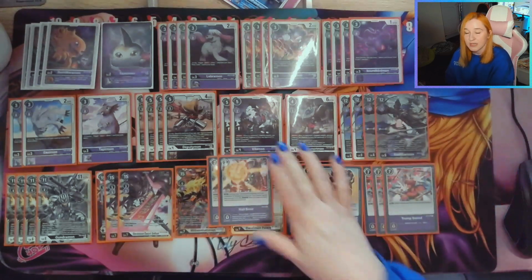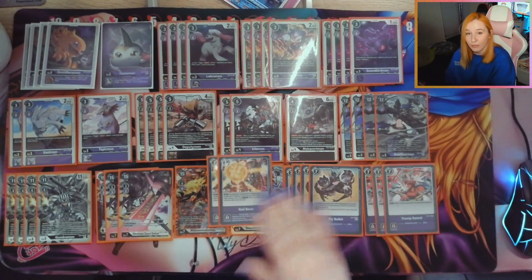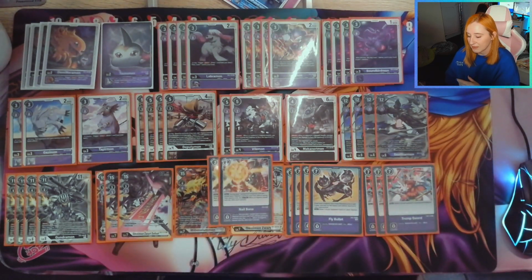Then I'm playing 2 Nailbone, so you can bring back your Vilemon or any of your rookies, which is quite nice. That's another reason I am playing the 2 Vilemon, just for the Nailbone as well, because you're not able to bring back the black level 4s, so it is nice to be able to bring back 2 instead of just 1 Digimon,